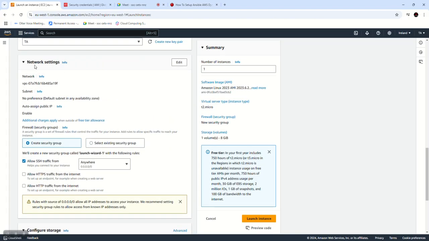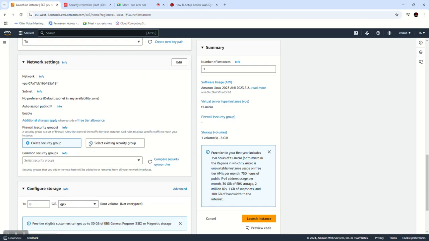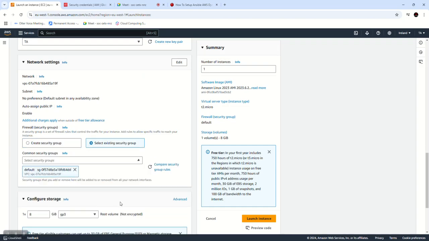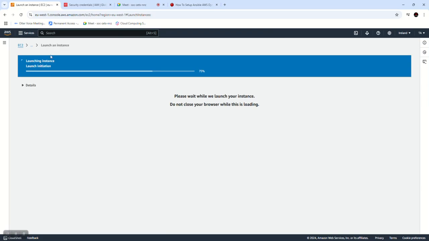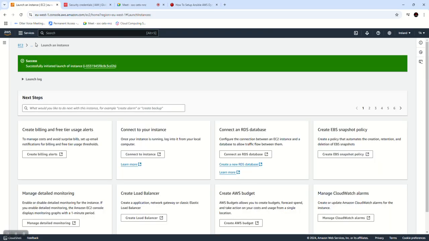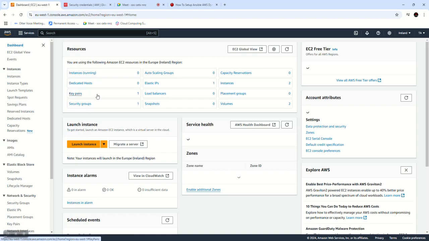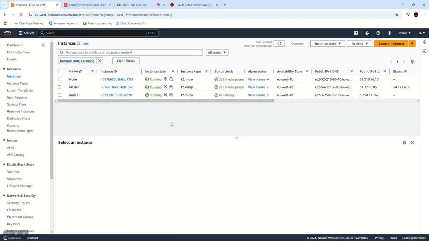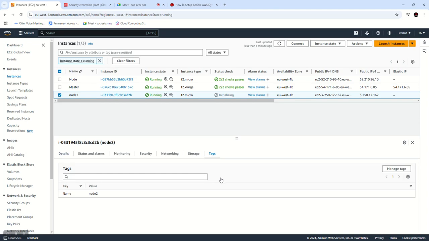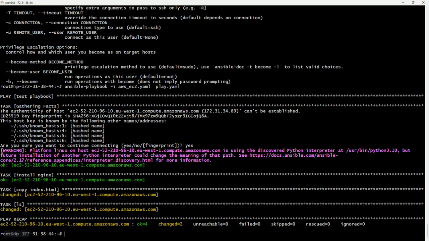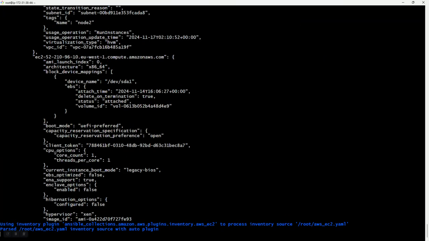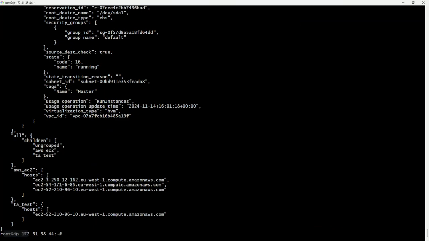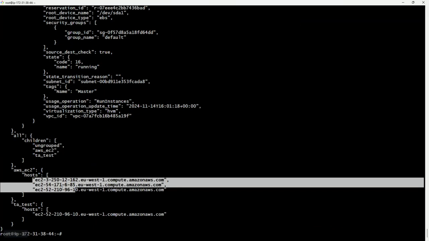Okay. Select existing groups, default instance. Let's go to EC2. This is the new node, right? There won't be any tag by default. If I fetch it, let's fetch it. Still, it is showing only one node. Of course, overall there are 3 nodes here. The new node also it is showing. But